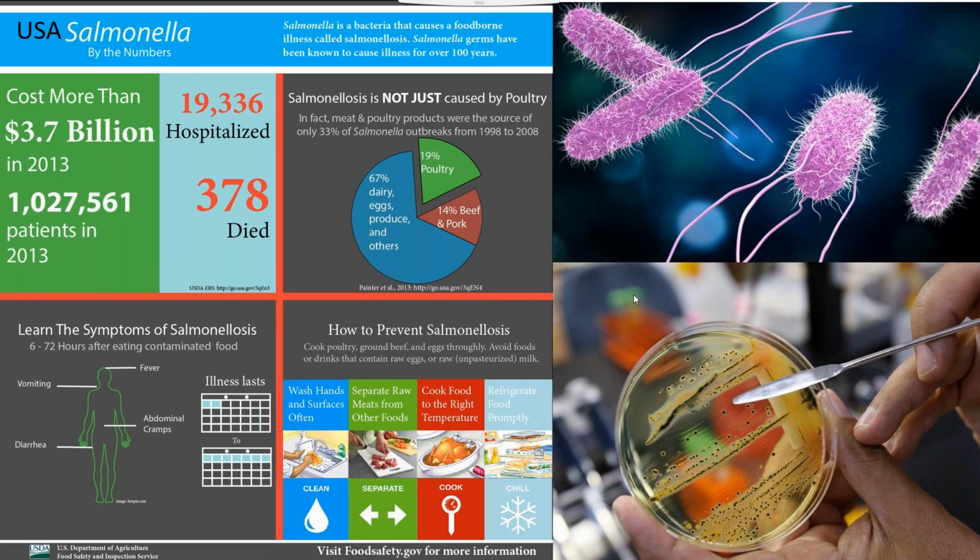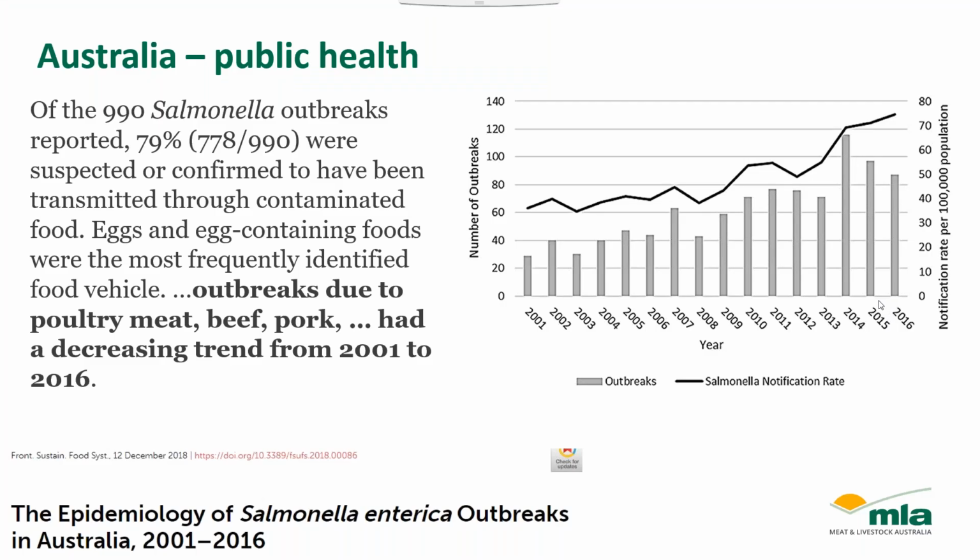So that's kind of salmonella in a nutshell. And the bottom line is that we need to do what we can to make sure that it doesn't get into the meat supply in a way that's going to cause any problems. Now this slide summarizes a little bit of data that comes out of Australia and some work done by the